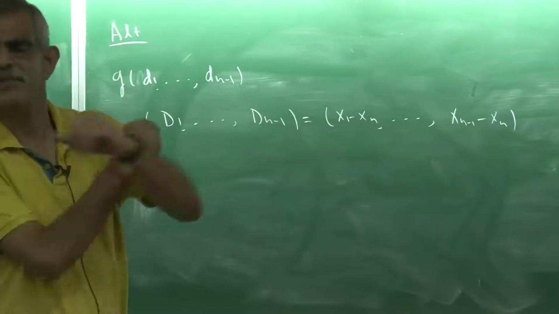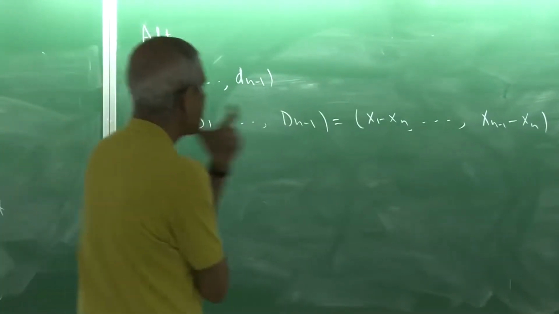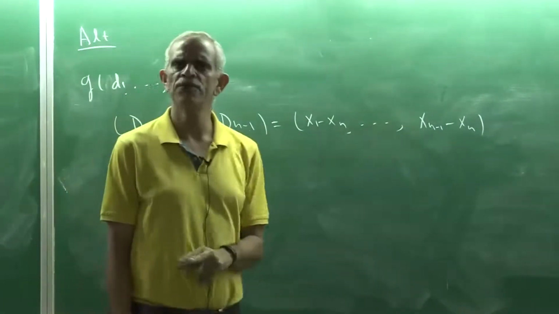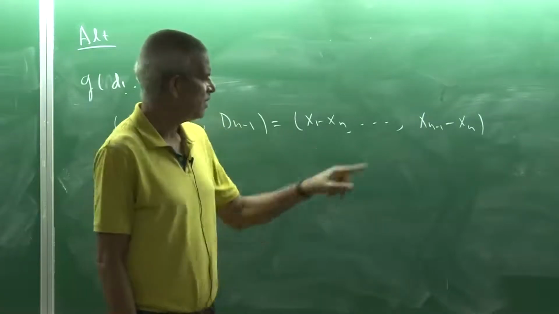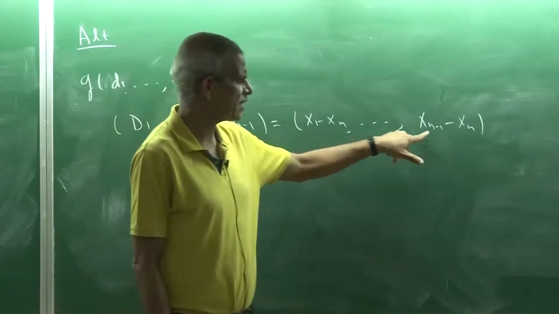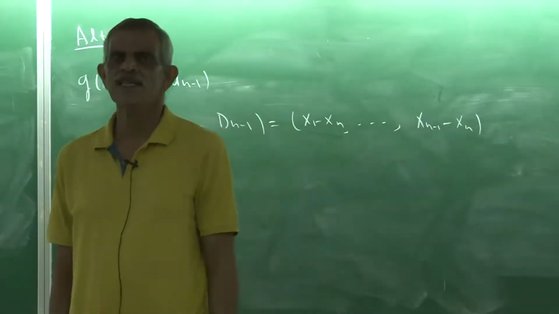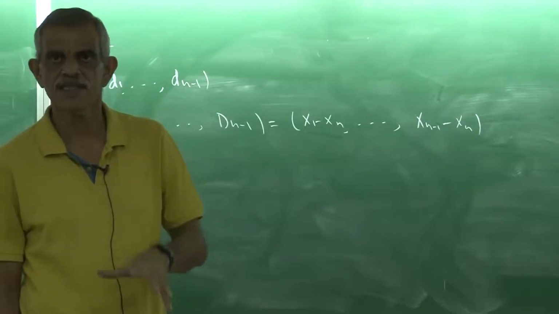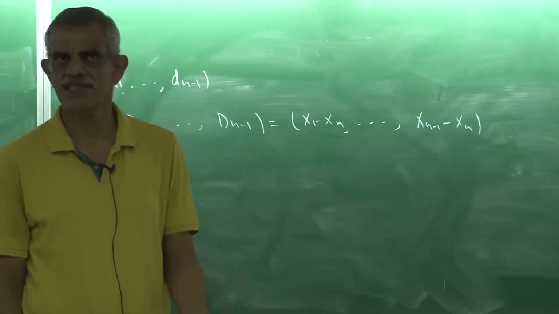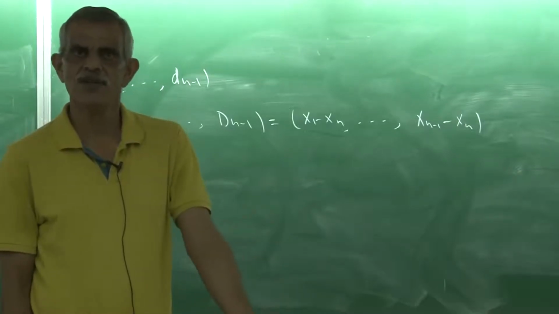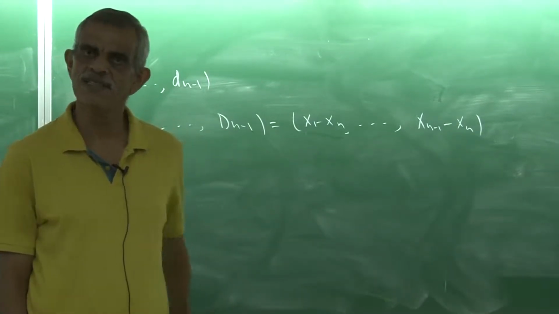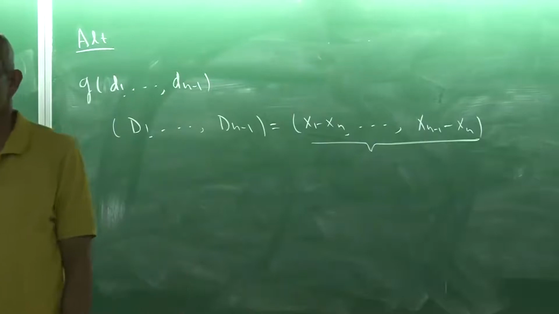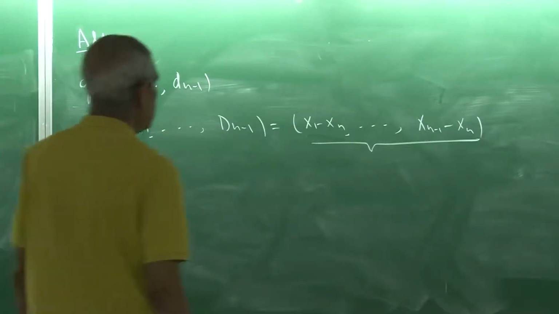Now, this certainly has a multivariate normal distribution, because to show that, what do I need to show? That a linear combination of all the components is univariate normal. So if I consider any linear combination of x1 minus xn, xn minus 1 minus xn, that means c1 times x1 minus xn and cn minus 1 times xn minus 1 minus xn, that would be some linear combination of x1, x2, xn only. But x1, x2, xn are IID normal. So their linear combination would be univariate normal. So any linear combination of these components is univariate normal, which says that it would have a multivariate normal. Now, if it has a multivariate normal,